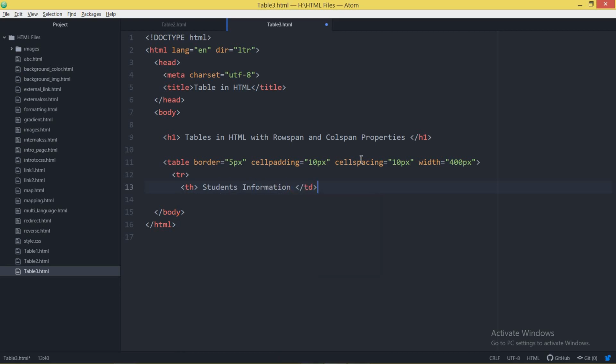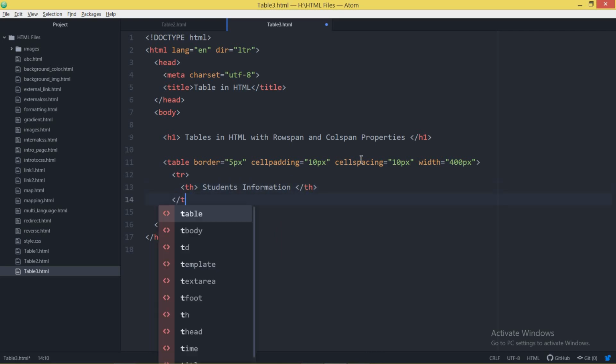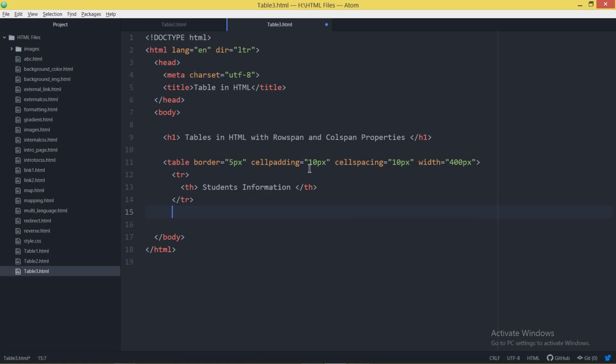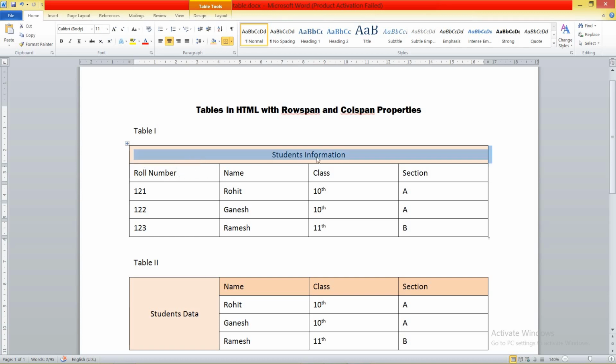Close the th cell, and after that we don't have any cell in this particular row, so close the row over here. Now you can see I have made just one row. In this one row I have created just one cell, because as per the table, this cell is equal to 4 columns, that is 1, 2, 3, 4.